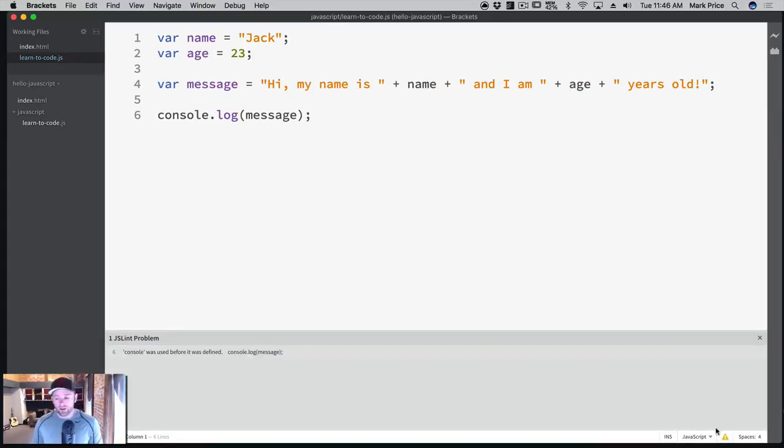Now, down here, you've got this JS lint. It's going to give you recommendations. It says console was used before it was defined. It doesn't know what console is, okay? And that's because it's a web browser thing, and it's only going to work when the web browser actually runs and loads it. Okay, so